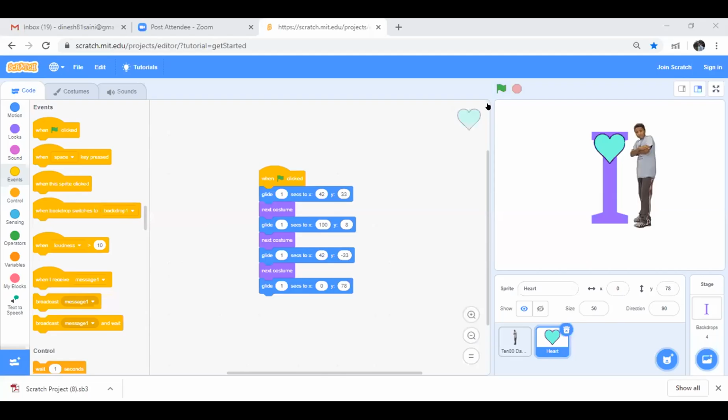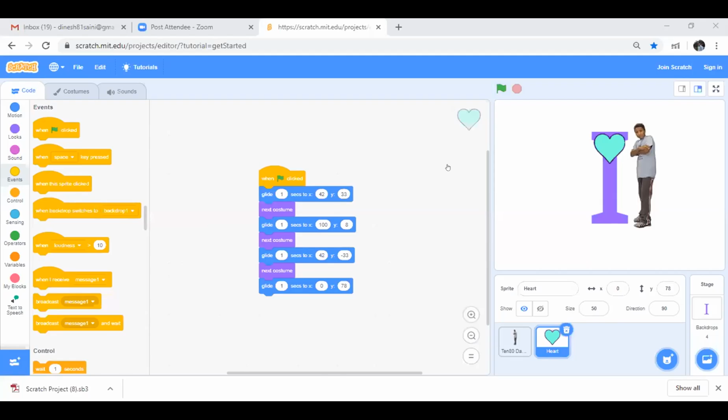Yes, sir. I can't see your screen. Not able to see screen, Krish. You have started the screen sharing? Okay, now I can see it.